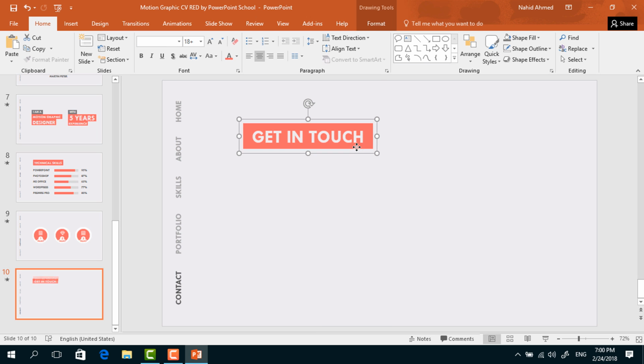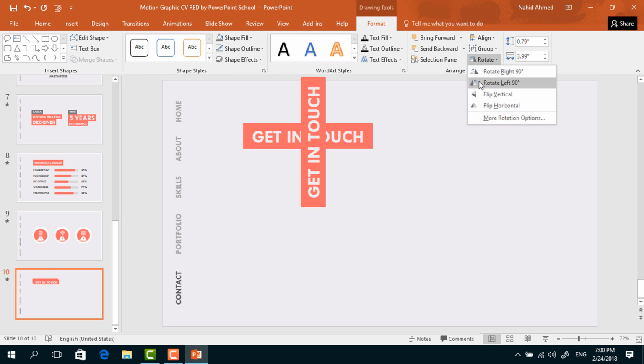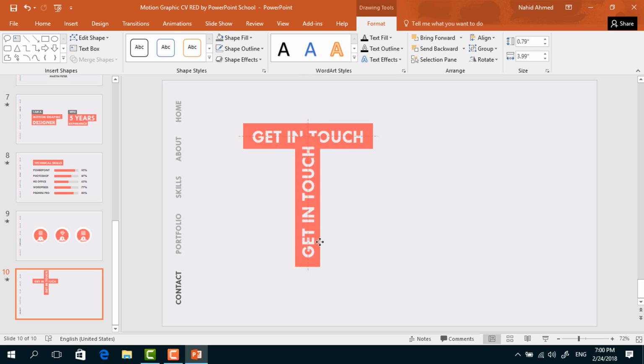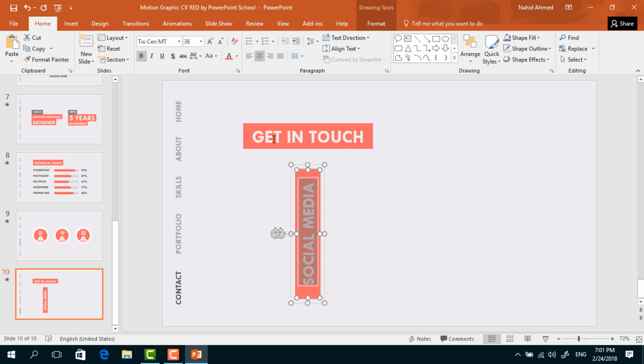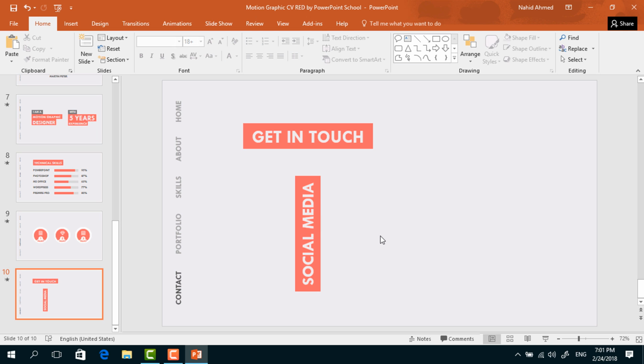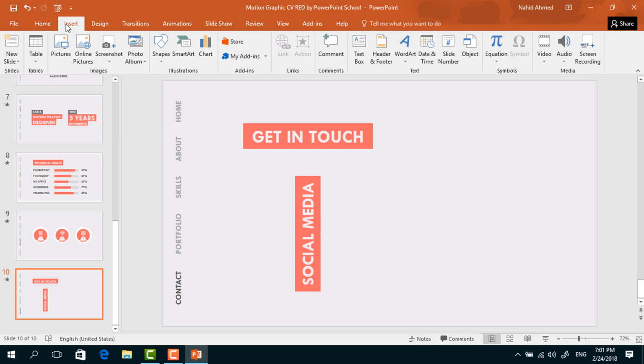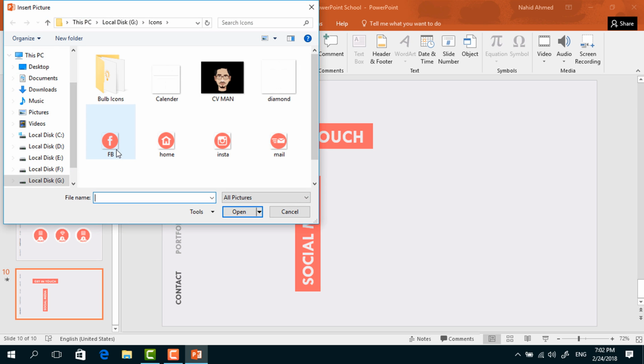and then bring it down a bit, press Ctrl D to duplicate, go to format, from rotate, select rotate left 90 degree, bring it down. Here again change the text and decrease the size of this font, decrease the size of the rectangle also, place it in the middle, take it a bit upward, then go to insert, click on picture, and from here I'll pick a few of these icons